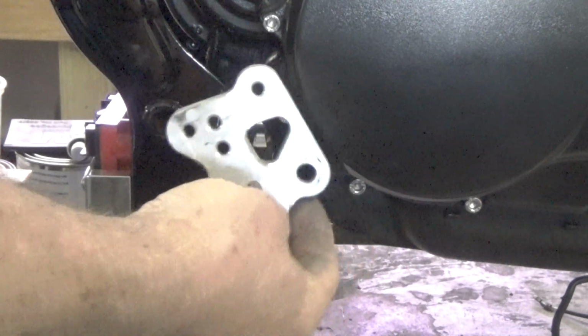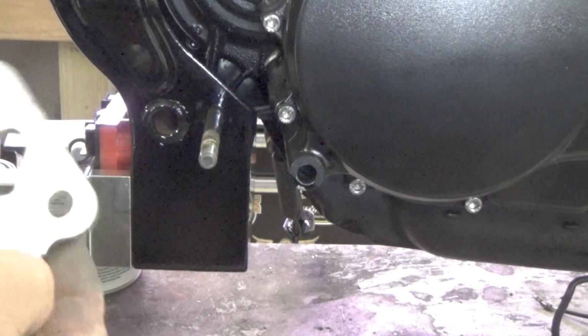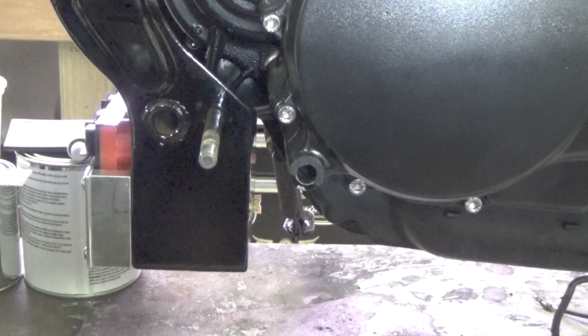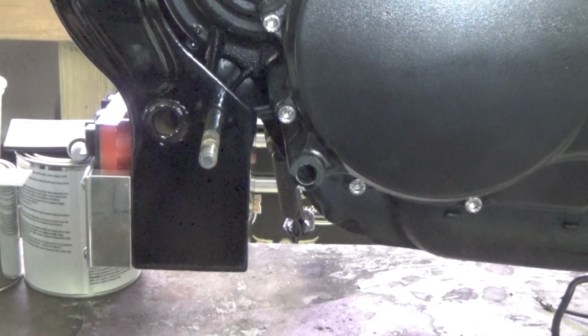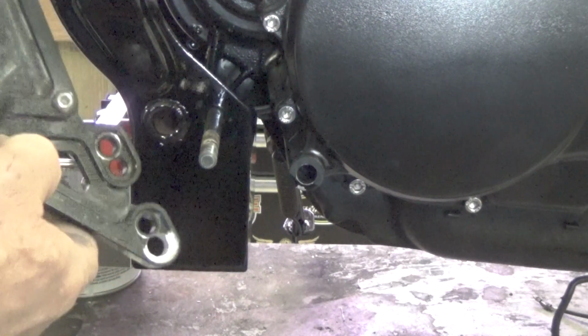Nothing hits anything there. I can't really use this well. But I come to find out that's where I really want my rear set to go. I want one of the mounting bolts to actually be here. Well, in order for that to happen, I had to take this rear set and open up this hole